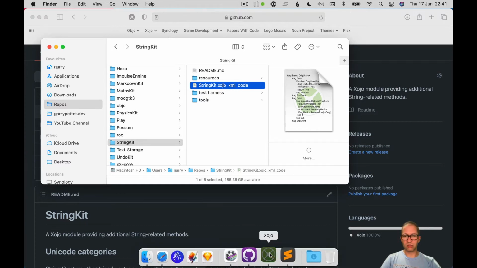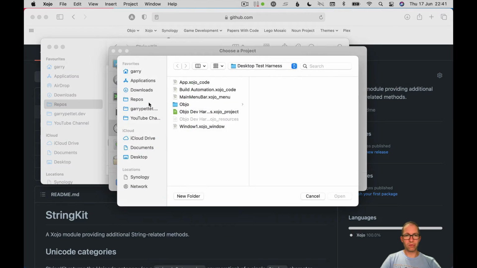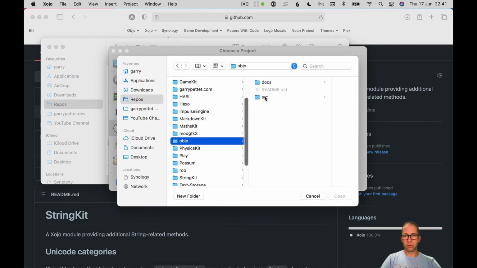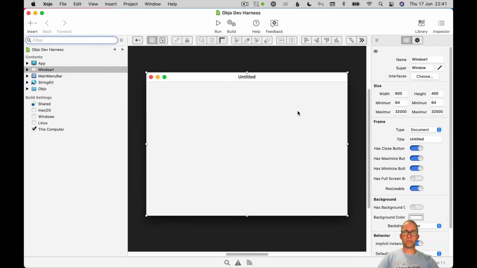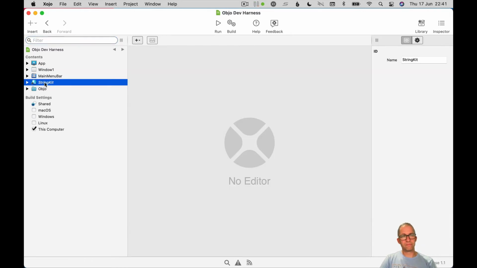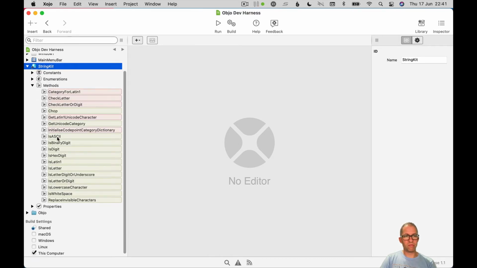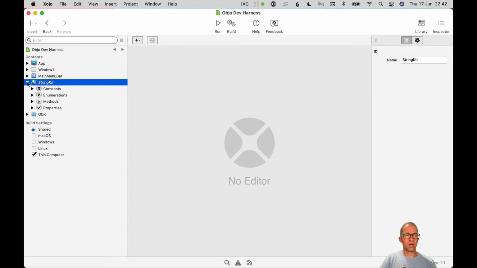Right, so let's go back to Xojo and let's open up the Objo test harness. And hooray, it comes up. And you can see here is StringKit. It's a module, it's got a little arrow because it's an external reference. And you'll see I've got a whole bunch of methods for checking if something's properly uppercase, whether it's Latin, whether it's an ASCII character, etc. So it just was easier to reuse some code I already have. It's boring code to write. So now we've got the project set up,